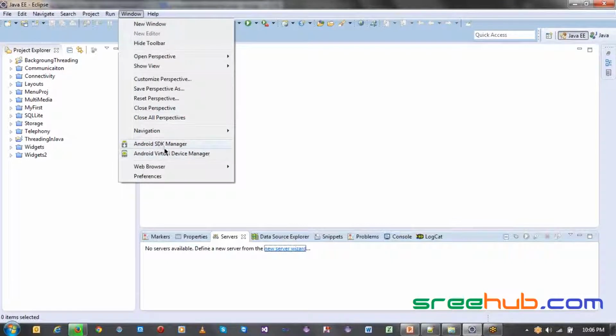You have to do it for every perspective. No, not needed. When you install your ADT in Eclipse, these things should be enabled by default. Honestly speaking, sometimes they may not be. Yeah, but in the Java perspective, I am able to see these things.